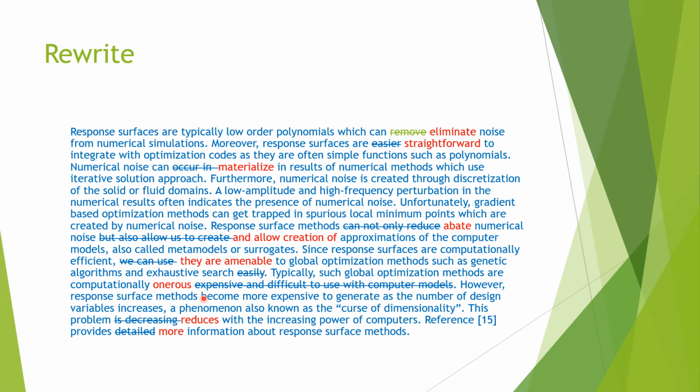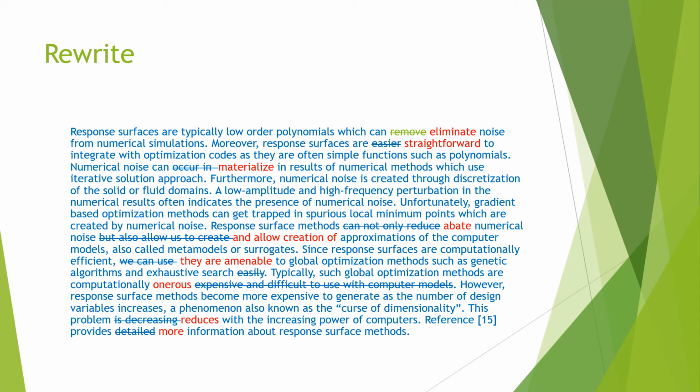So you don't have to use all this vocabulary. I'm just showing a way to actually use vocabulary to reduce the number of words. And also you are changing the entire way the paragraph is written. So you are essentially making this whole paragraph different as far as any accusation of plagiarism or something like that is concerned. You are taking it in a different direction by adding all these words. Finally, I change "is decreasing" to "reduces," because "is decreasing" is not a good usage of language. And finally, I don't think I need "detailed" here, so I put "more information."